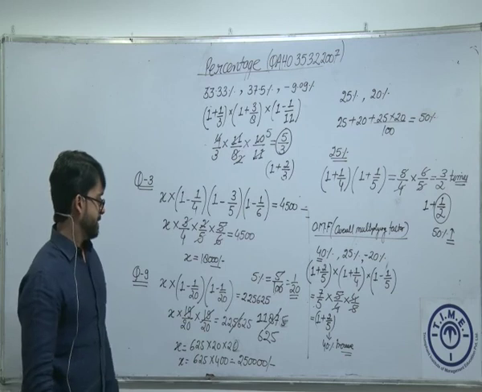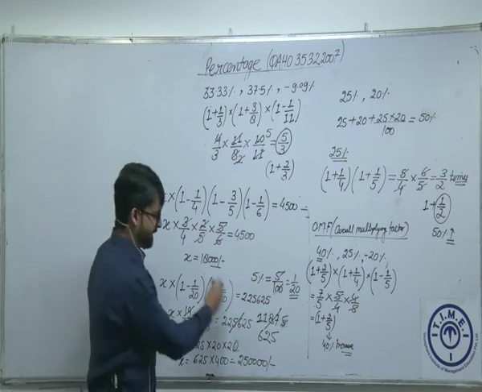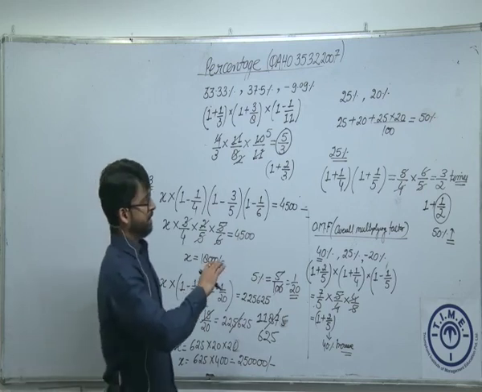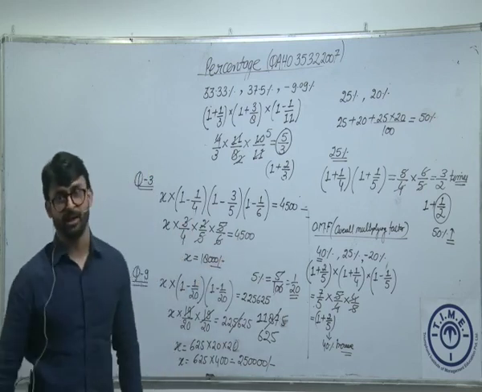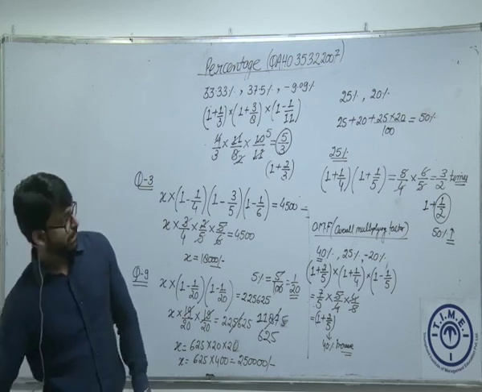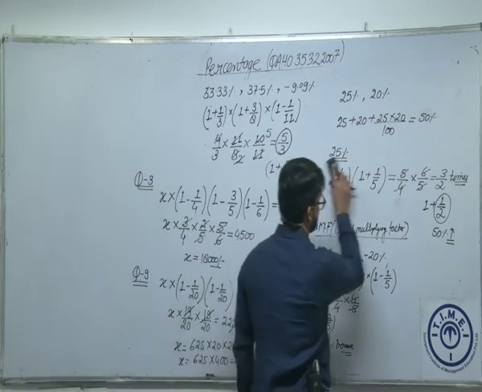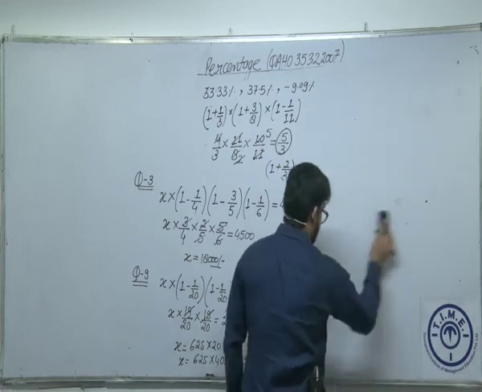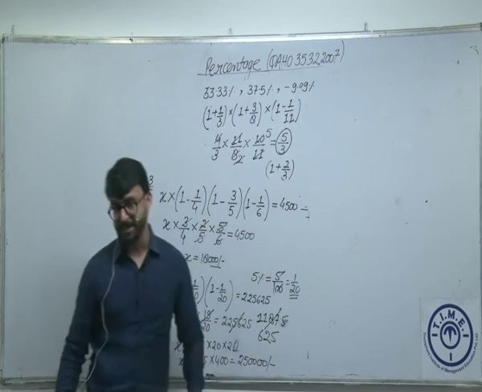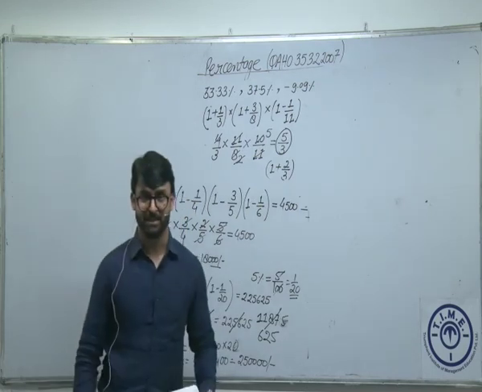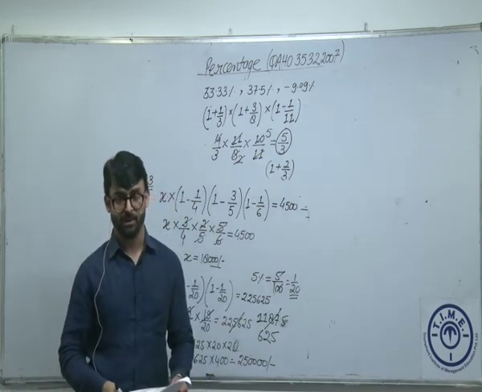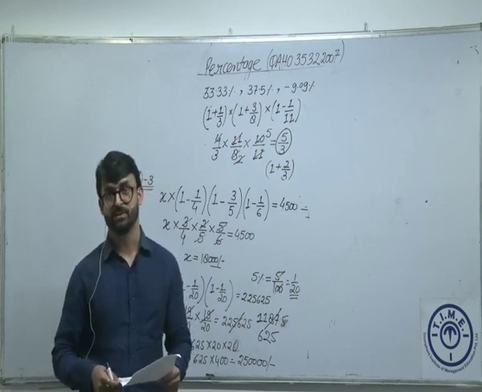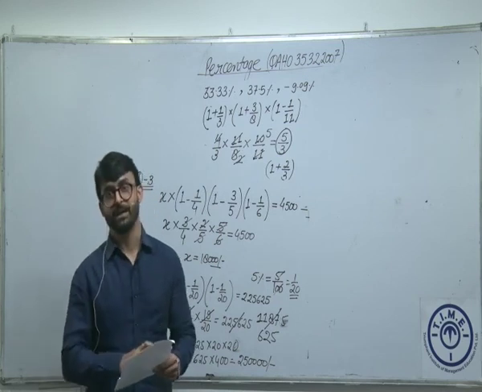Fine. So that's how we can use this multiplication factor, and we'll quickly summarize the learning of today's class. Fine. What we did in the beginning, in the middle, and towards the end of the class. Let me remind you one more time, this is the handout which we are going to use in the next class as well. So please bring this handout along. The second part of this class is going to be profit and loss, which is going to be with the help of the same handout.